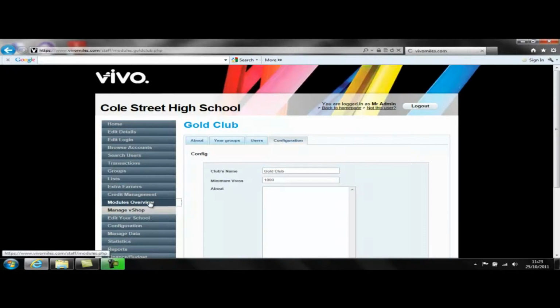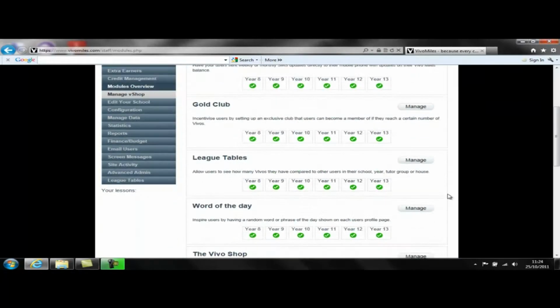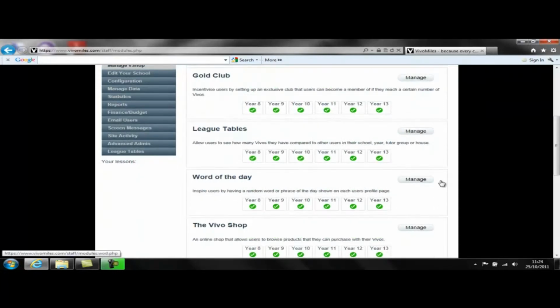The next module now, going back to modules overview again on the left and down to league tables. This is a very easy module. It just displays league tables on the student's homepage, so they can click around and see top students in their school, year group, total altogether as well, and you can have totals or averages, and then in tutor group or house as well. So clicking on manage on the right hand side,